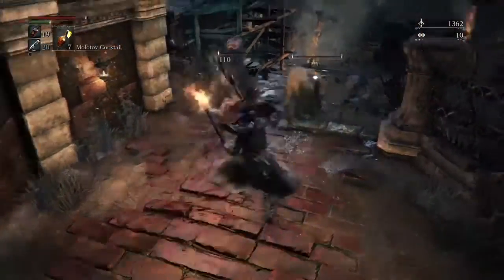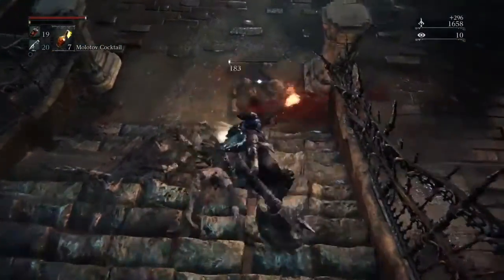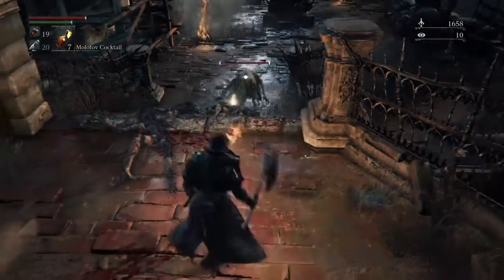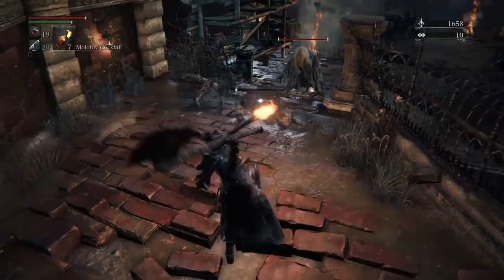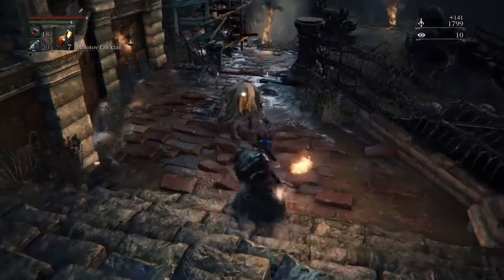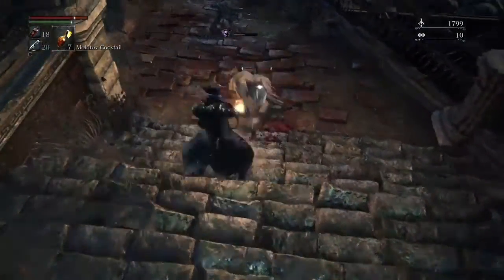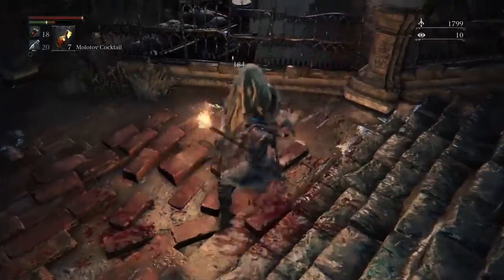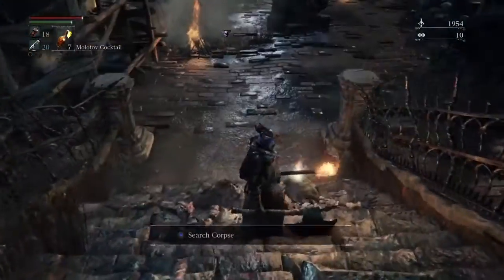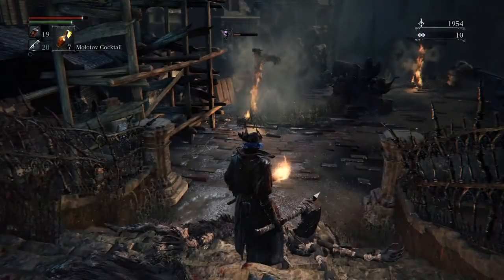So, first of all, what you're gonna want to do is bait them up these steps here, because the beasts are hiding all around in this rooftop area. Hold on. Quit it. So the beasts are going to be hiding all around in this rooftop area, and do you see how that...